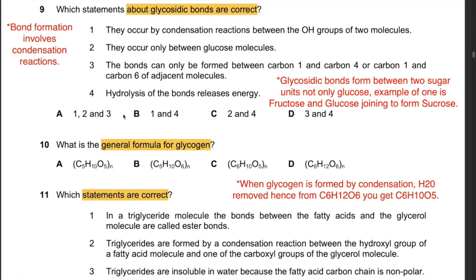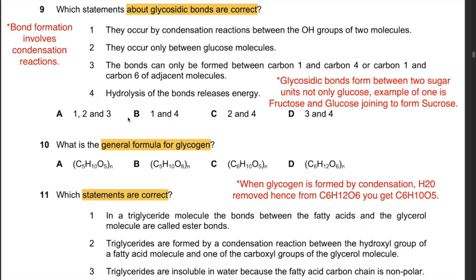Therefore, answers which have statement 2 are incorrect, and that leaves us with the answer being either B or D. Why is D incorrect? Well, if you look at statement 3, the bonds can only be formed between carbon 1 and carbon 4 or carbon 1 and carbon 6 of adjacent molecules. Well, glycosidic bonds can also form between carbon 1 and carbon 3. Hence, the answer is B, 1 and 4, as statement 2 and statement 3